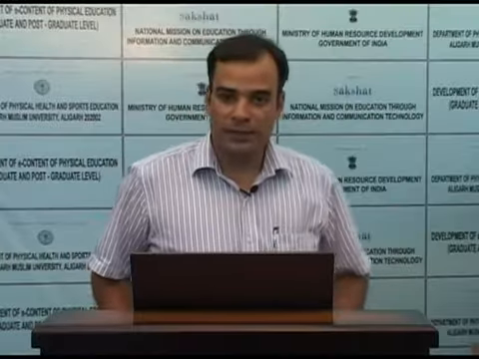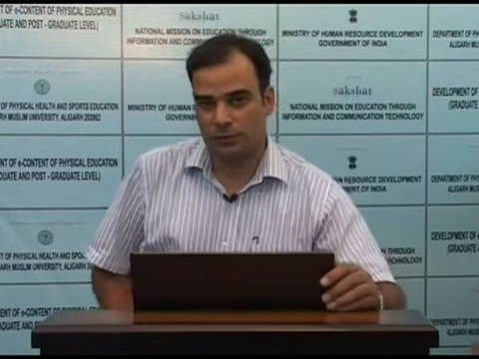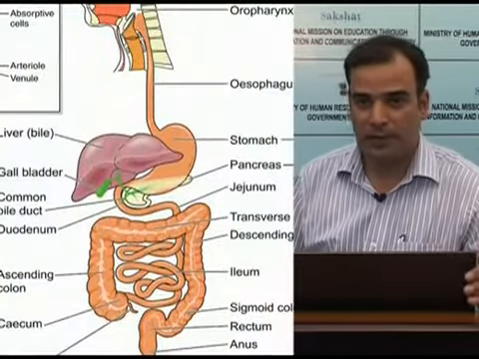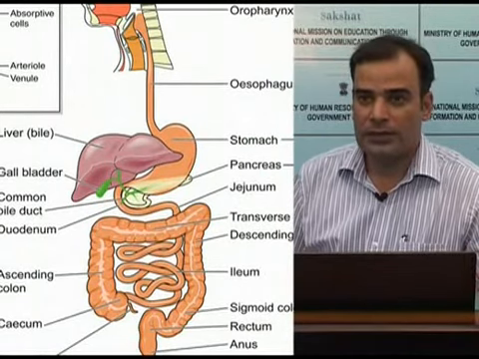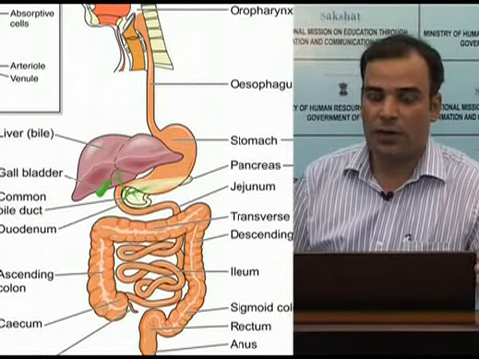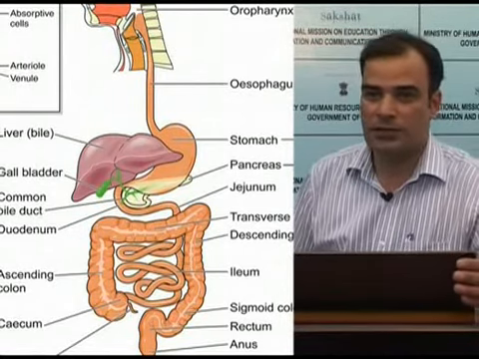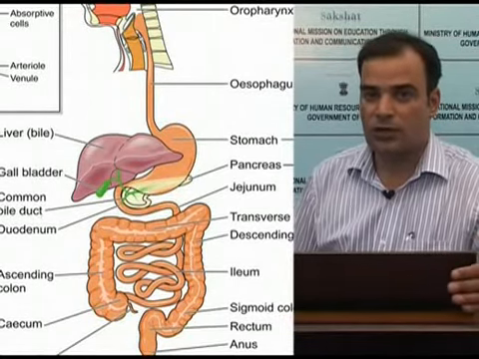Now we will be discussing a very important physiological system of our body called the digestive system. First, let's have a brief overview of this system. This system consists of a long muscular tube extending from mouth to anus, and some accessory organs are also associated